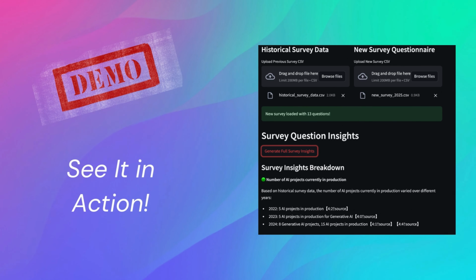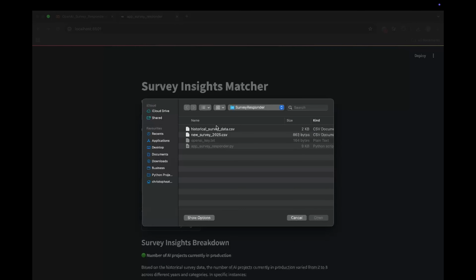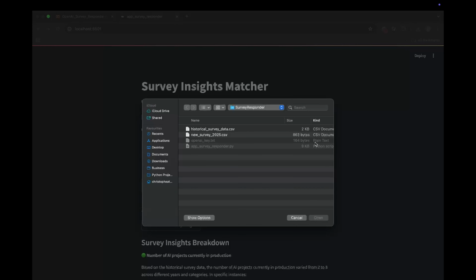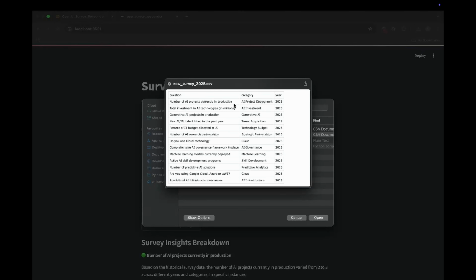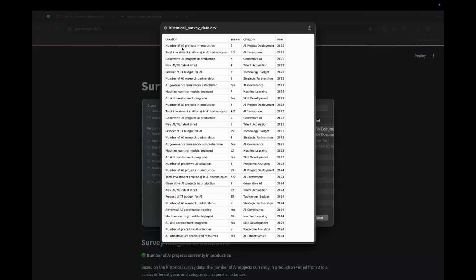Let us see it now again in action. Here's our app in action. Uploading your historical data, easily uploading it as CSV. In future, you can connect it to your SharePoint drive or to your different data sources. Then you have a new survey which you upload, so the questions. You can see here just number of AI, category and the year. Historical data was not different, just number of AI in